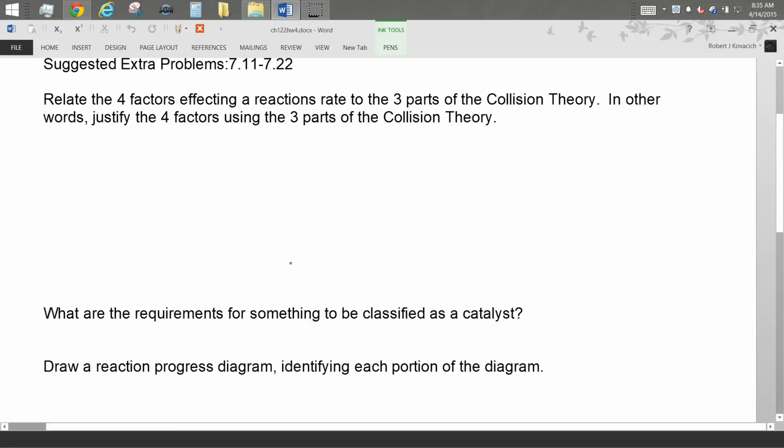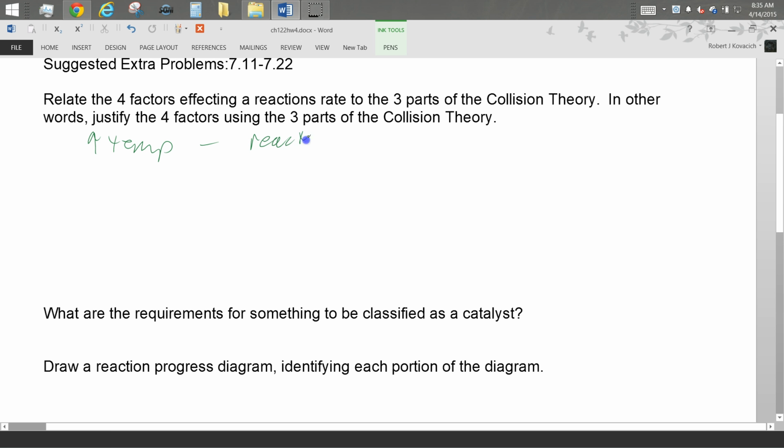So these four factors and the three parts of the collision theory. Give me one of the four factors that increase the rate of reaction. Say again? Increase the temperature. Okay, so we can increase the temp. And what part of the collision theory is that responsible for? Energy. Okay, so the